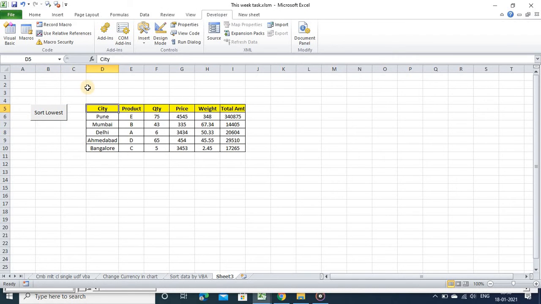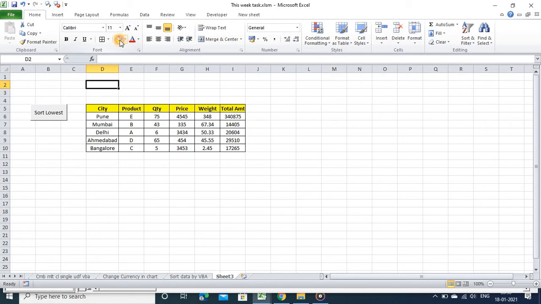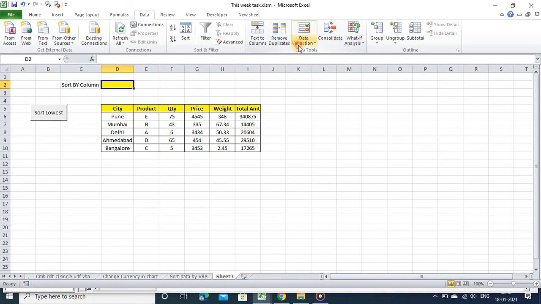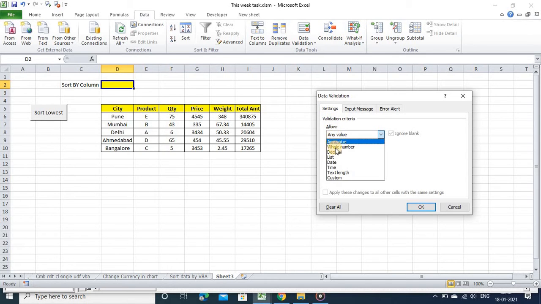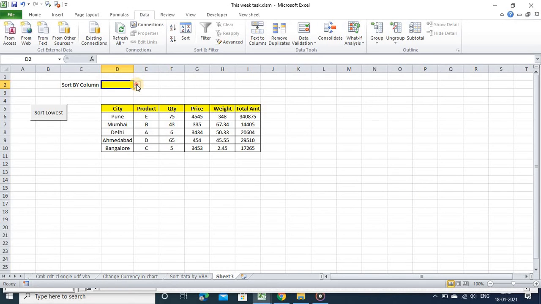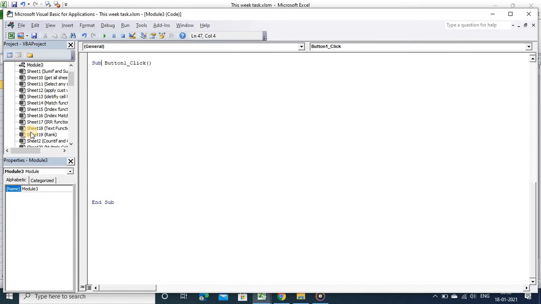Now I will create here a dynamic range D2 followed by column. I will use data validation to get the data header dynamically. Here just select manually by mouse cursor. Now you will get all the header names here: price, weight, whatever you want. Now what you have to do now, create here